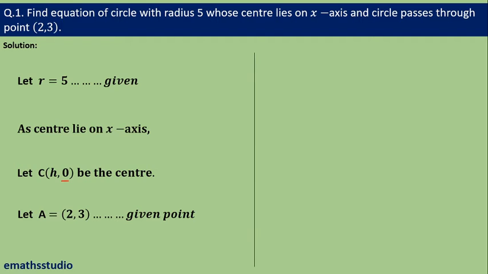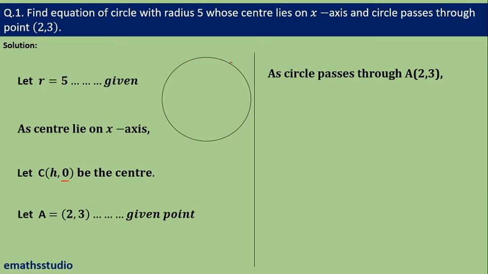Now, just think about this. As the circle is passing through A (2, 3), say this is the circle, somewhere here is A (2, 3). I don't know where it is exactly. And somewhere here is the center of the circle, and the center we assumed as (h, 0). So A is (2, 3) and the center is (h, 0). Now what happens if I join A with C? If we join CA, I can say it is equal to the radius. Any point on the circle, if we join with the center of the circle, we get the radius. So I can write R is equal to CA.